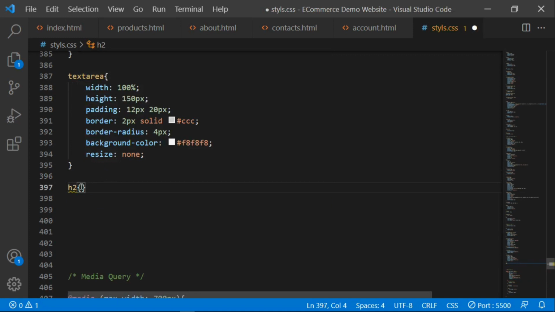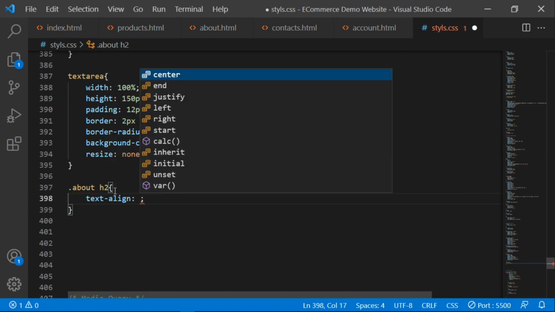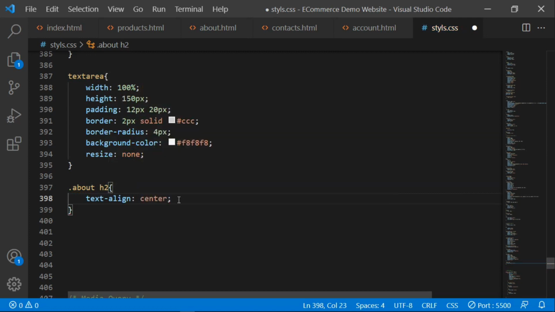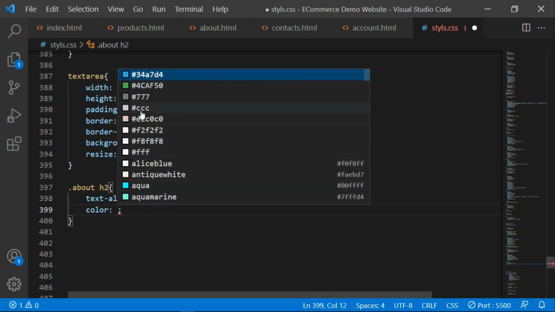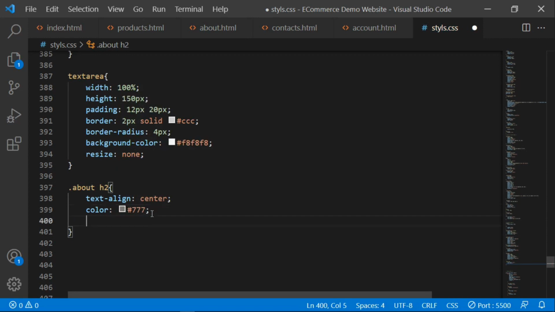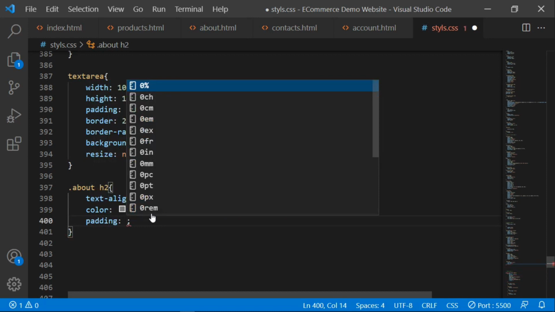Okay, for now let me do this. Let me create dot about, so that it may not affect the other header. So dot about, and then h2, and then I'm going to say text align. I'm going to make it centered, and then the color, I'm going to give it this color code, and then I'm going to add some padding. Padding both top, bottom, right and left. I'm going to give it 20 pixel,